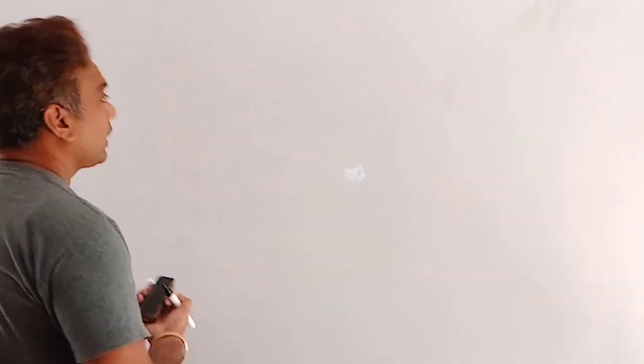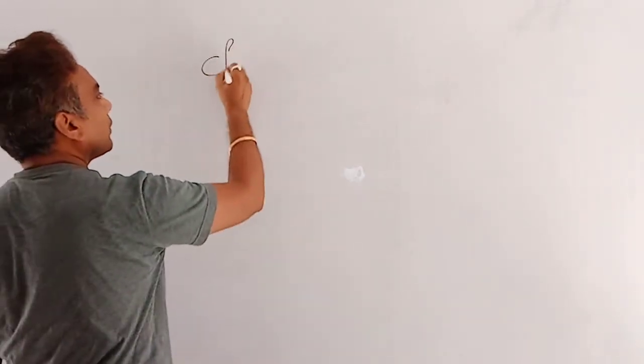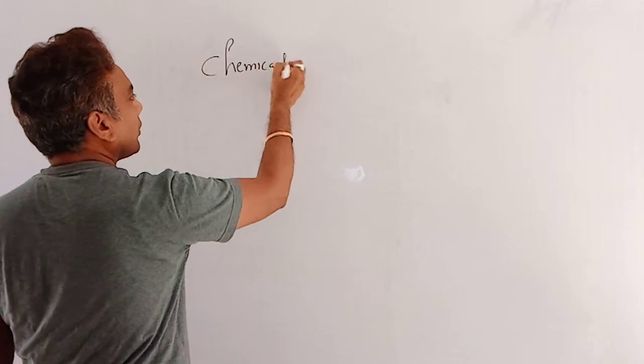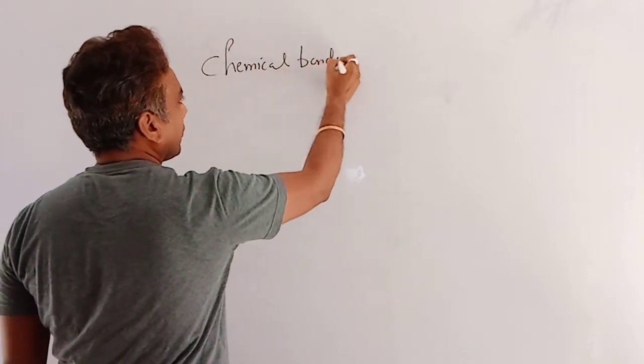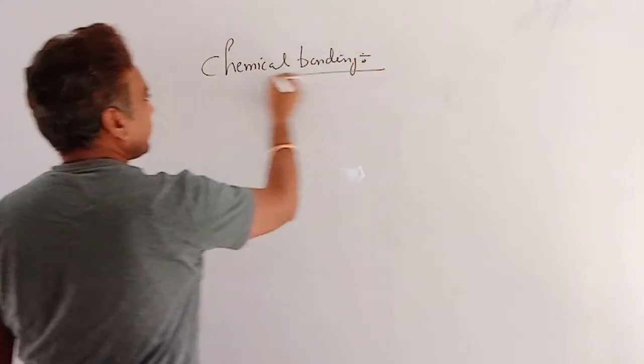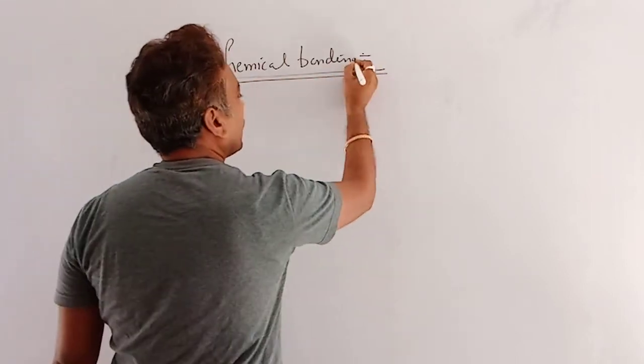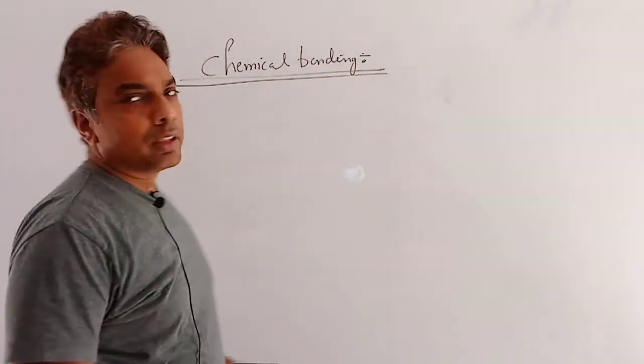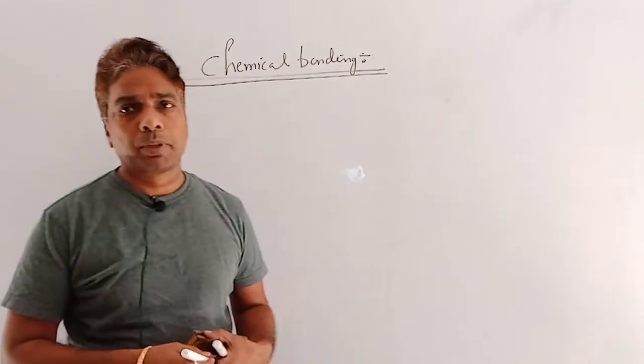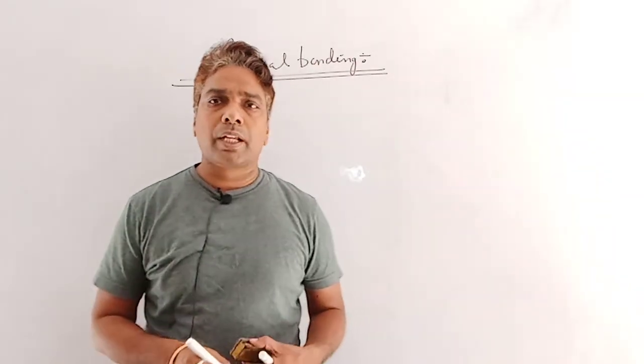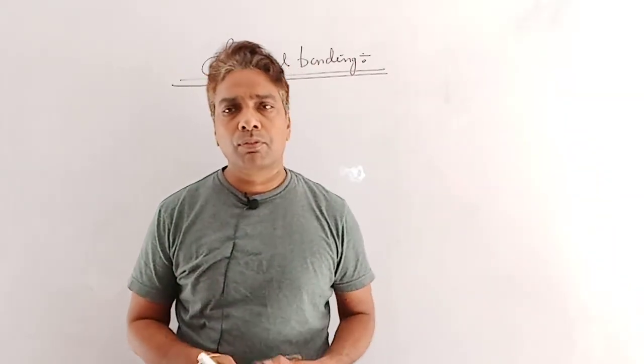Hello students, today we will discuss a chapter of general chemistry, which is chemical bonding. Now here's the chemical bonding. So first of all, why does the atom form a chemical bond, or for the existence of molecules, we have two different